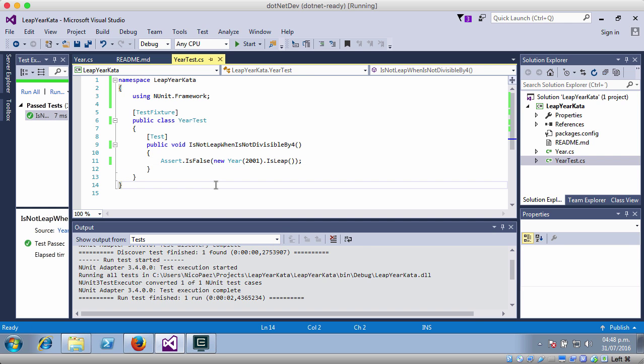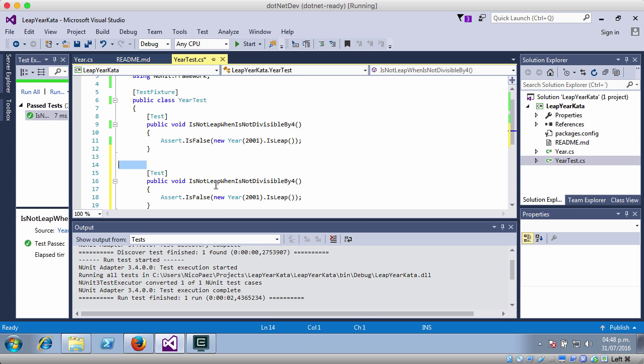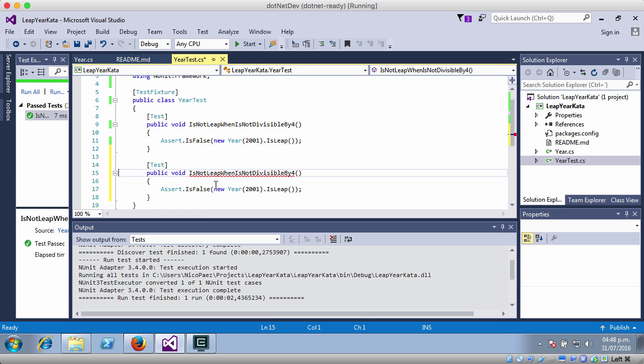And the next test could be: is not leap when is divisible by 4 and 100 but not 400. So what would be this case? Well, in this case, we will have 100